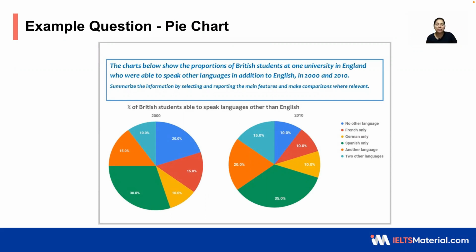It is always better to make comparisons or to show the contradictory factors in the graph or in the chart, because it allows you to show the difference between the categories, whether it is talking about the year 2000 or it is talking about the year 2010. So in this manner, you will be able to present as many sentences as you can with different sentence structures, and this covers the grammatical range.